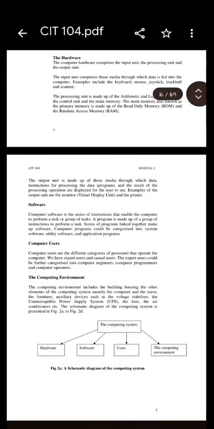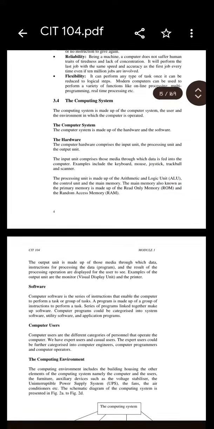We have the system software, we have the utility software, we have the application software, but it's not here. So, a software is any program that enables you to carry out a particular task. The software. I need people to give me 3 examples of software that you know that's working on your phone